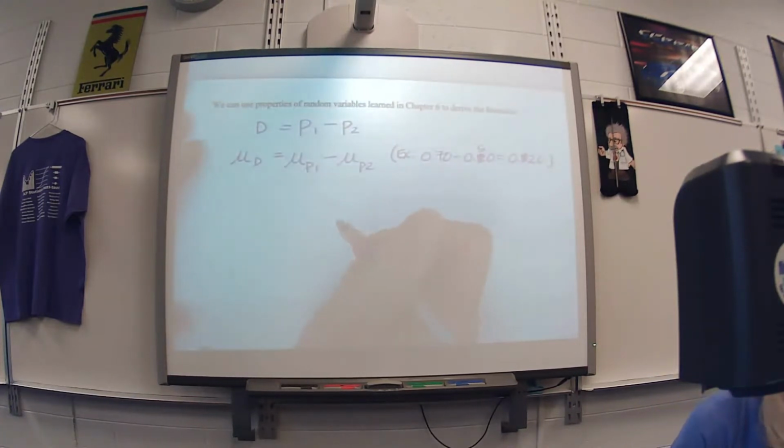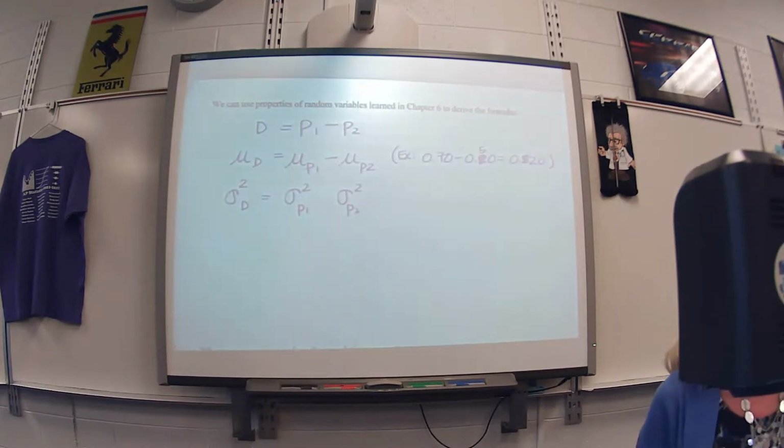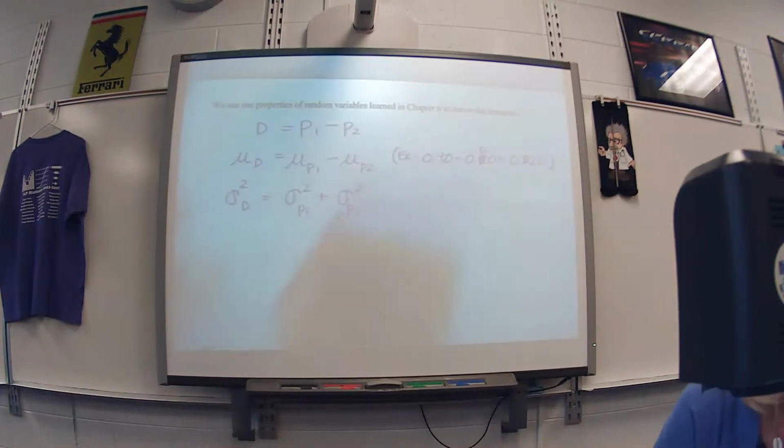You remember the rule about standard deviations with random variables? Okay, so we have to start with the variance for the difference, which means we have to use the variance for P1, and we have to use the variance for P2. And do you remember the other part of this rule? You always add, even if you're subtracting the random variables. Remember I said I always have to kind of look at the Pythagorean theorem. Okay, so